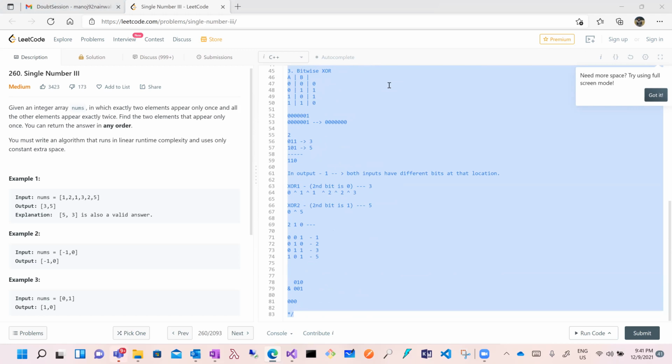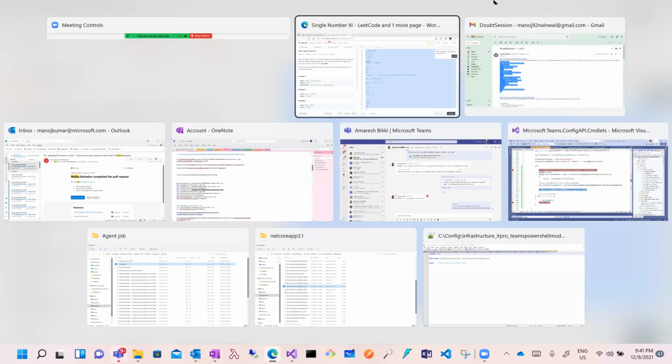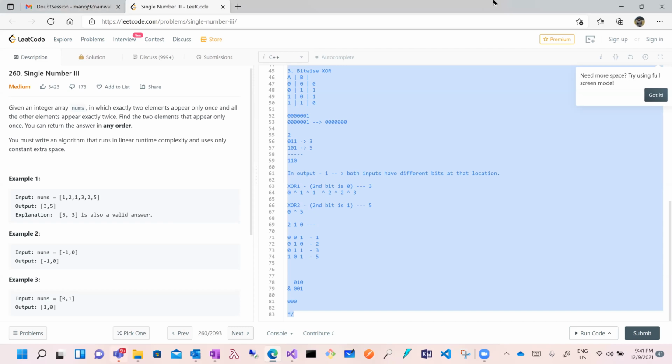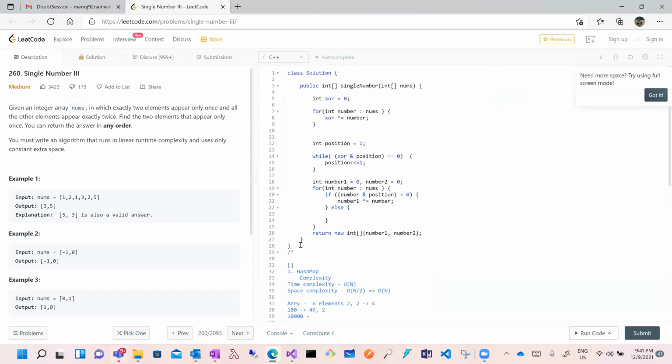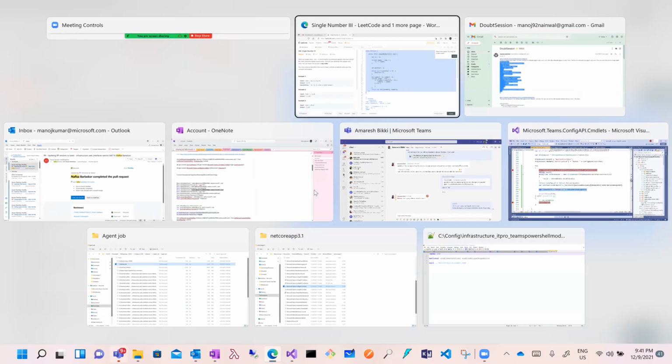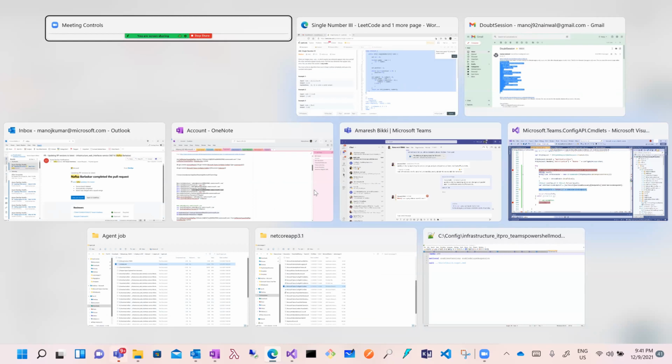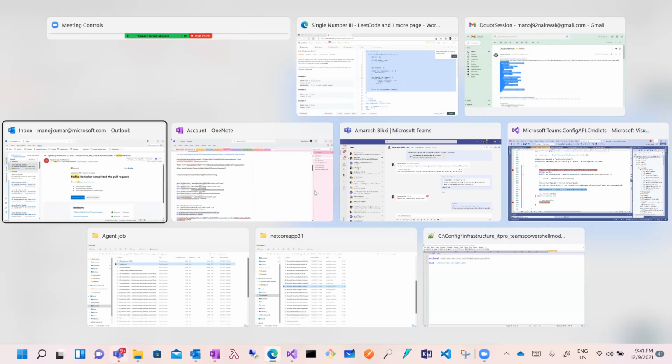Okay, everyone, let me actually put the code. But you guys definitely try to code by yourself. Don't just follow my logic.